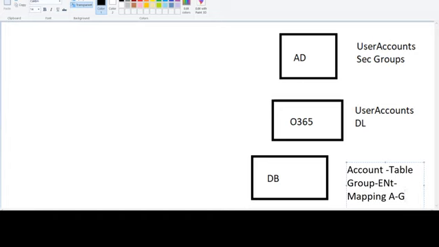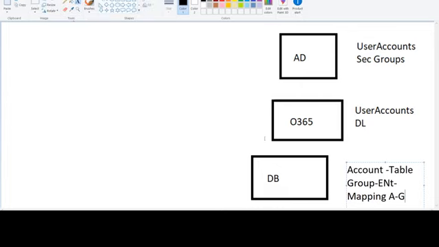All applications have their own way to create user accounts. They will have their own sets of credentials as well, and they will have a schema of their own. Now, the management of the identities. Suppose a user wants to have access to Active Directory, Office 365, as well as the database. The management of this particular type of implementation will be very hectic. Why? Because the user has to get an account created in Active Directory, an account created in Office 365, and also in the DB.